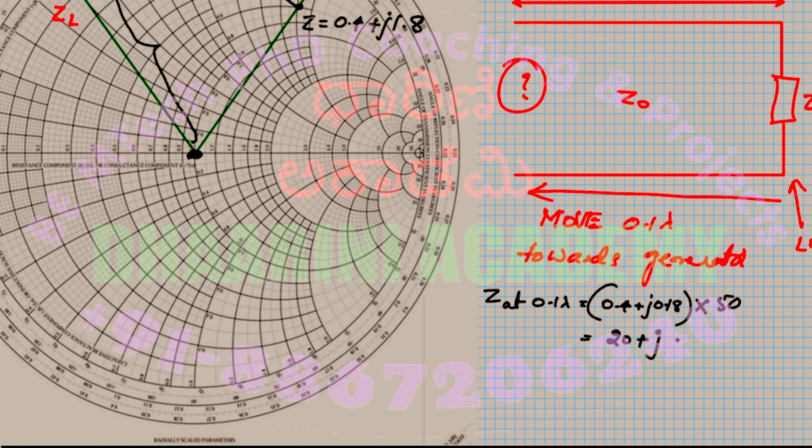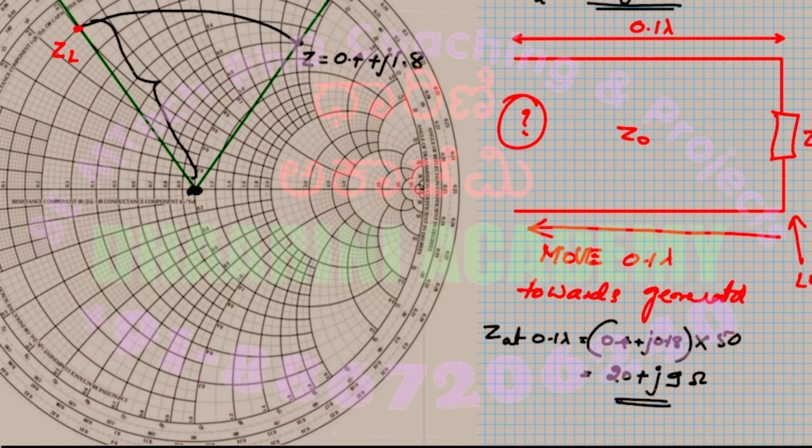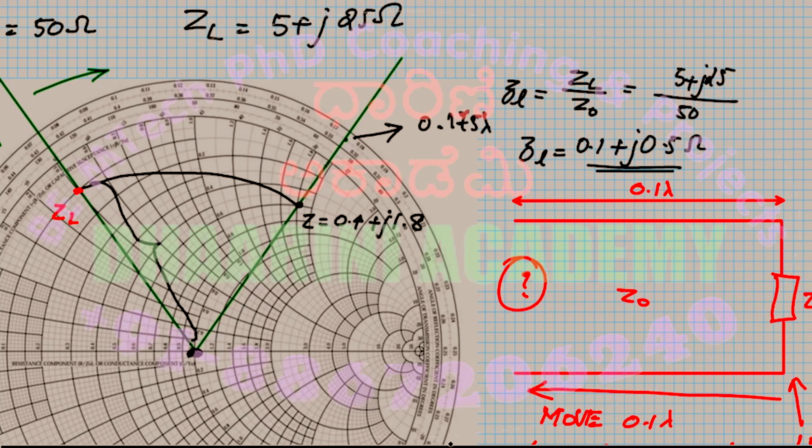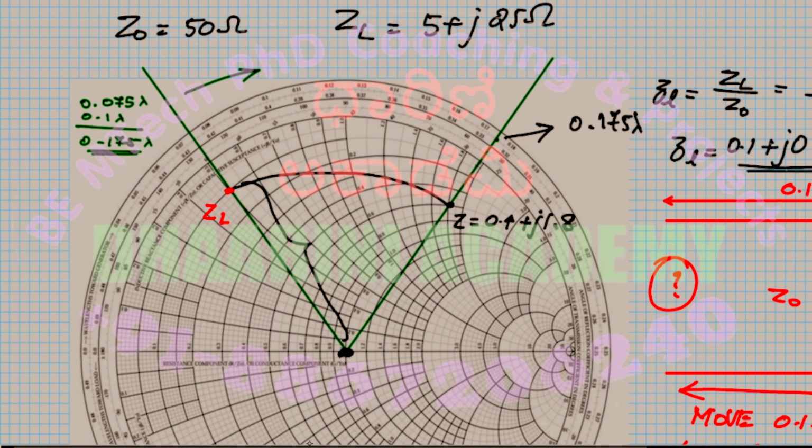Okay, so 9 ohms. That is the answer. So if somebody asks a question that if the length of the line is say 0.2 lambda, and the question is asked, what is the value of the impedance? What you do, instead of moving by just like this,